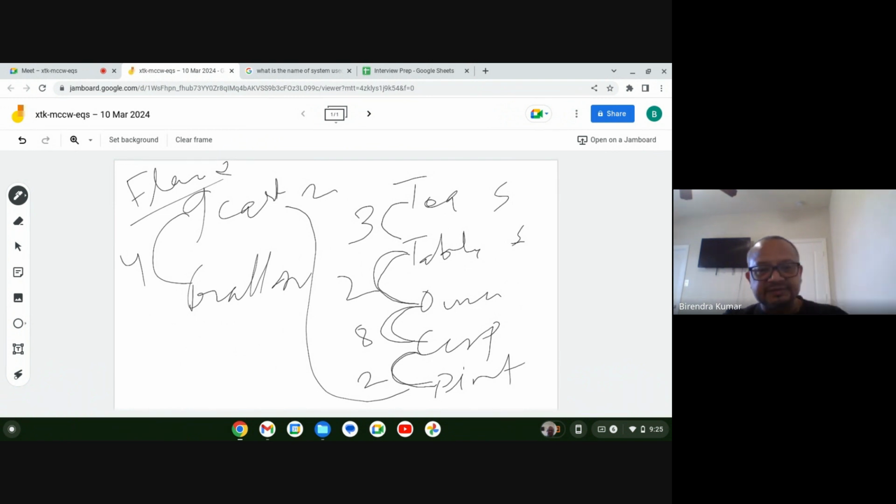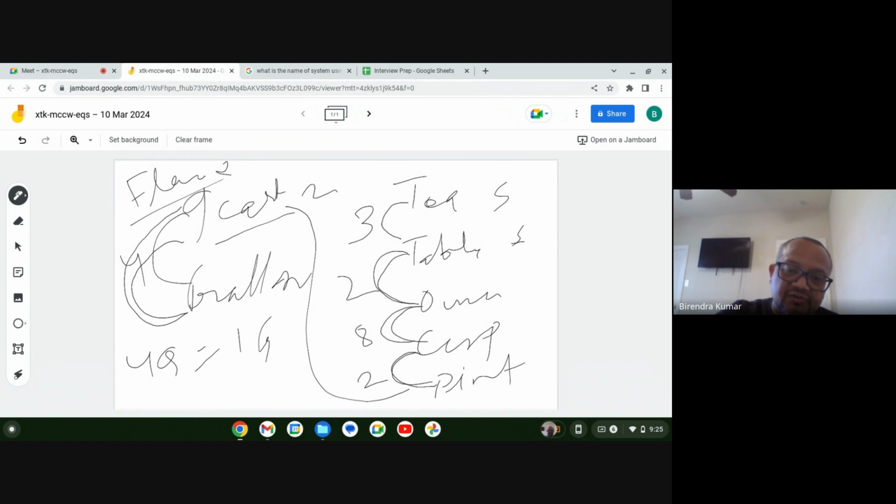So if somebody says, how many quarts are in a gallon? It will be four. Four quarts equal 1 gallon. If you are asked how many pints are there in a gallon, what will you do? You will start going backward. You went from here to here, four. And every quart is equal to 2 pints. So it's four into two. So every gallon has four into two,